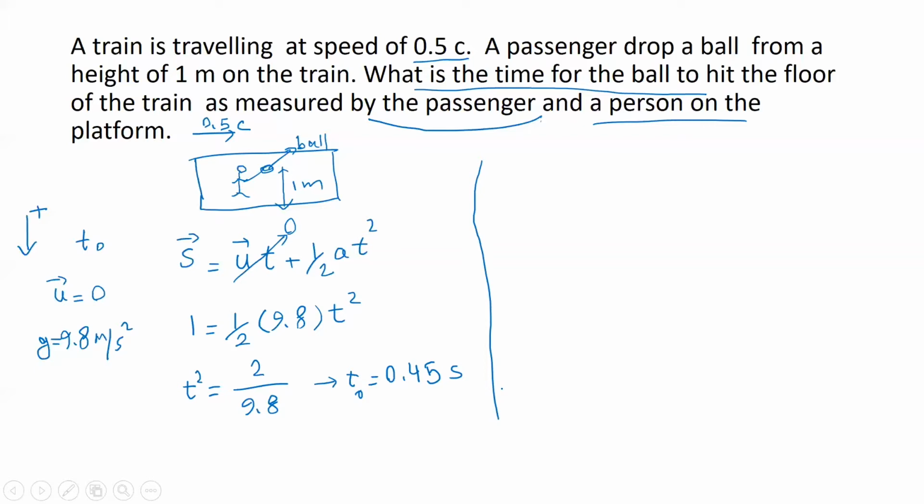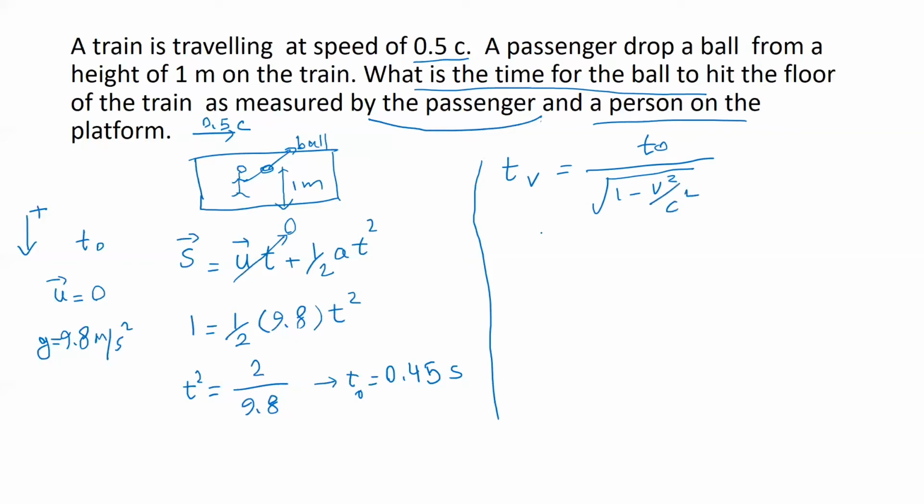And right now I want to calculate this time as measured by the person on the platform. The person on the platform and the event, which is dropping the ball, are in relative motion. So what this person measures is TV. I have my T naught, and I want to find my TV. The only thing that I need to do is write the formula,